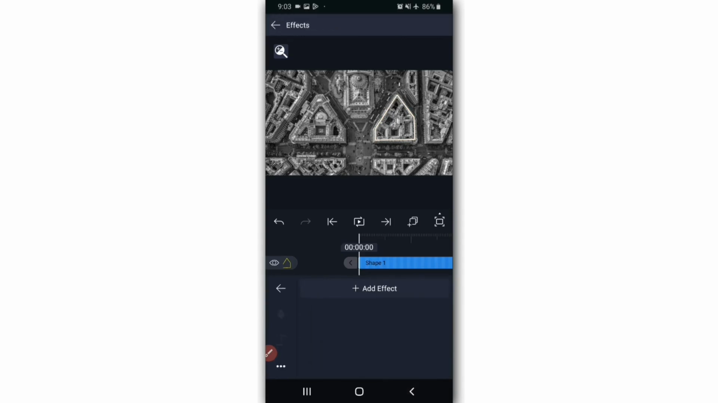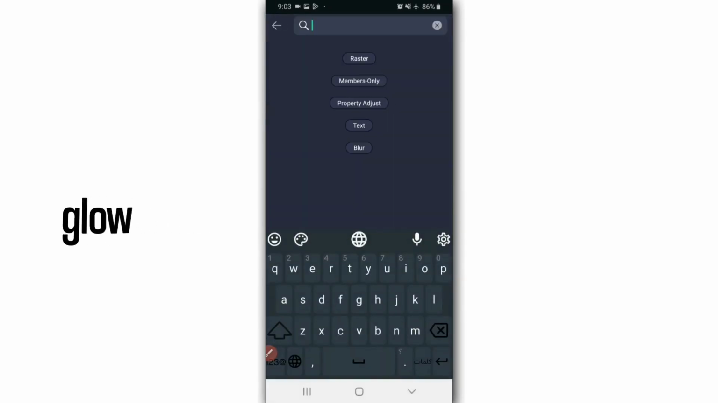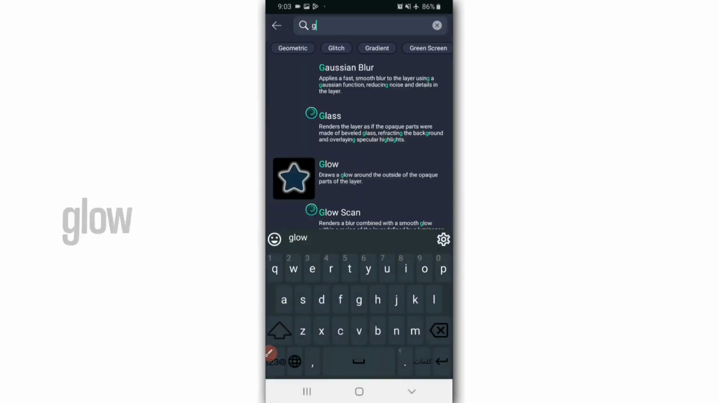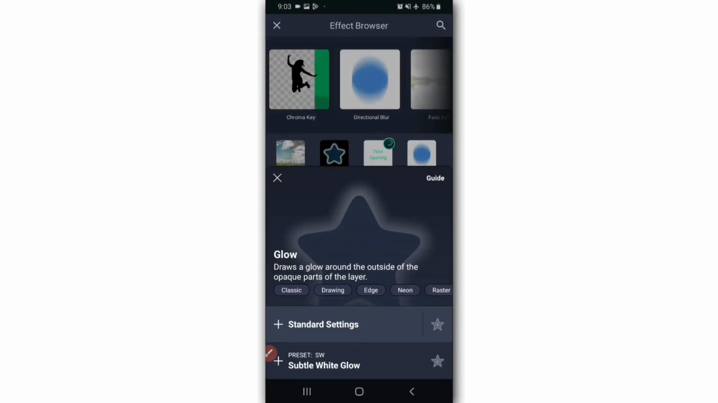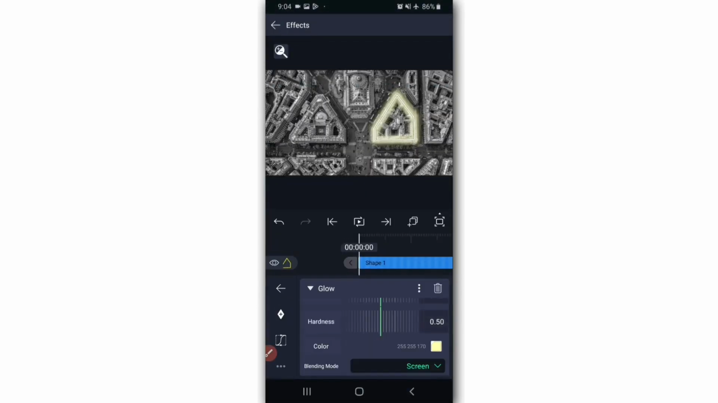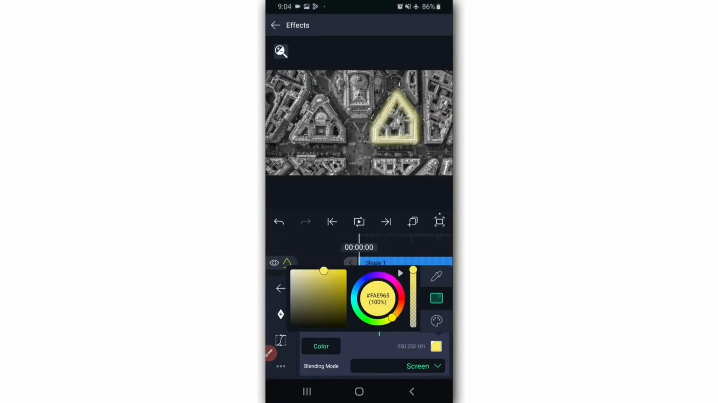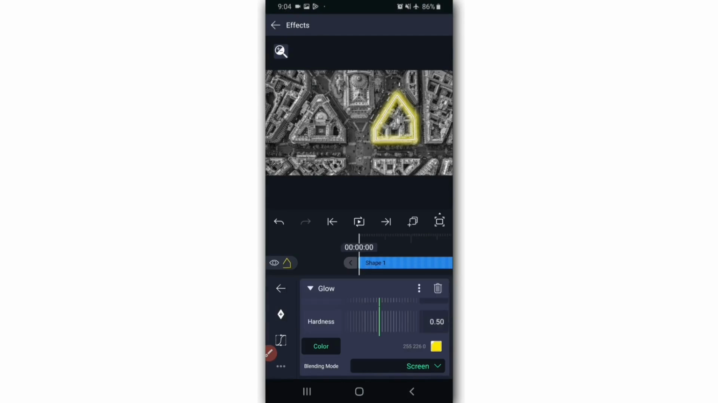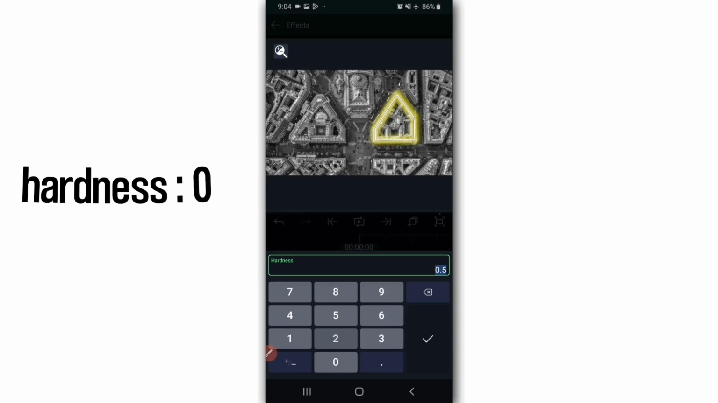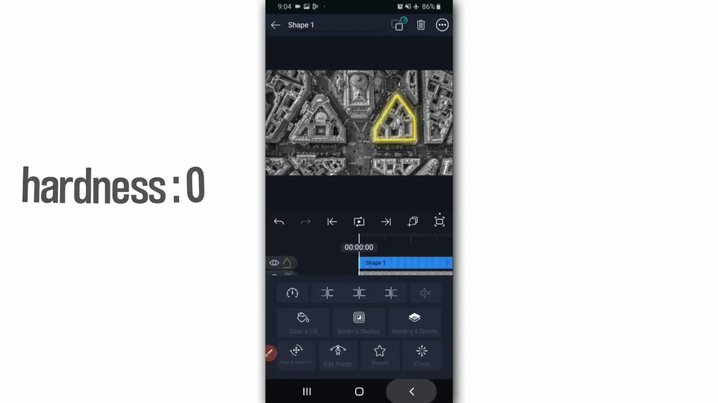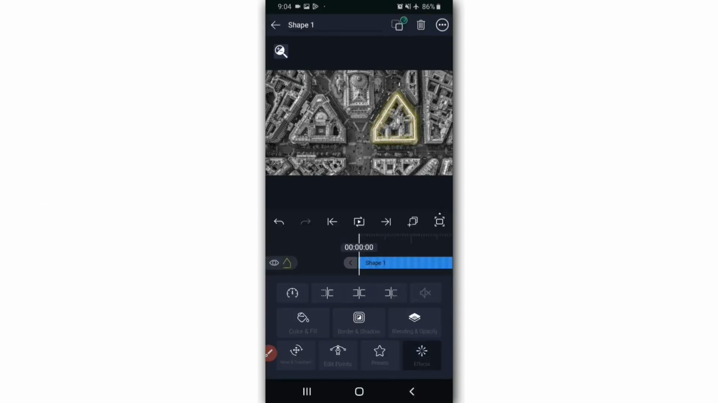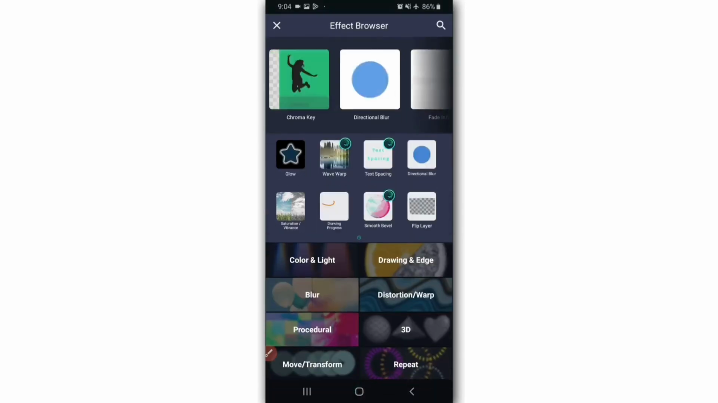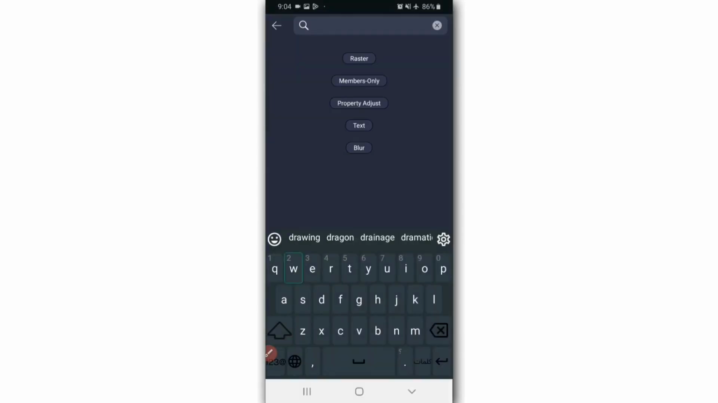Now come to effect section and then search for the glow effect. Then the color has to be the same as you gave in the stroke. The hardness has to be 0. And then again click on the shape 1 layer and search for the drawing progress